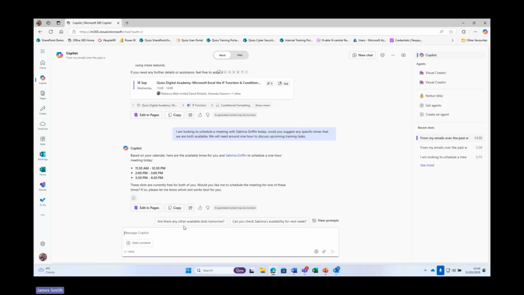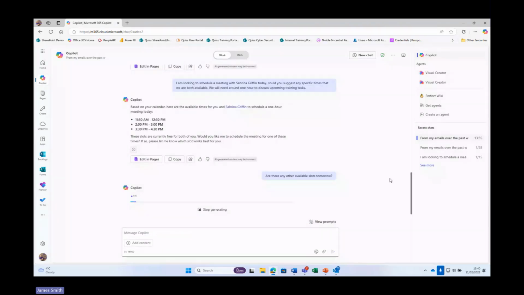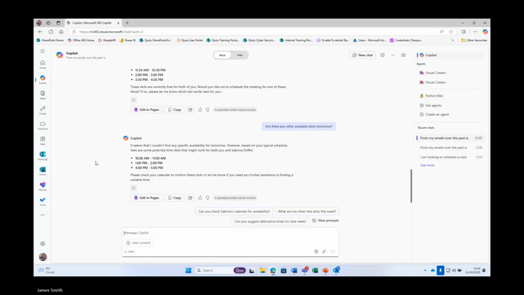Similarly, are there any available slots tomorrow? So I might, let's have a further look, and it will go and have a look tomorrow. If I decide actually they don't really work for me this afternoon, then it tells me, okay, can't find any specific availability for tomorrow, but it goes and looks at our typical schedules to see when very often you are both free at these times. And again, I might go back and say, okay, well, what about this week or next week? And again,